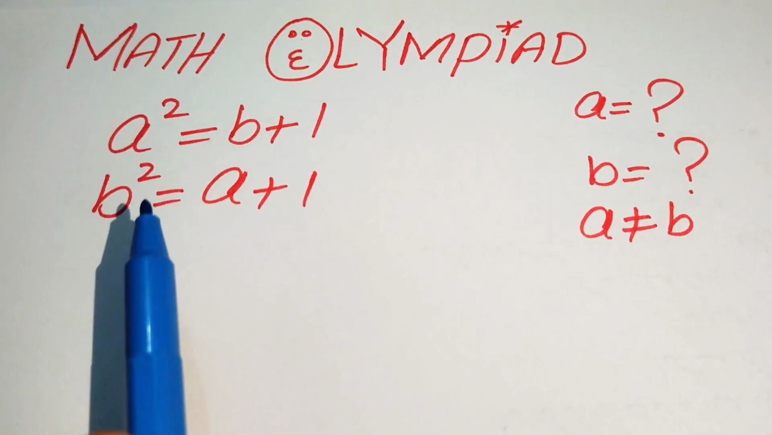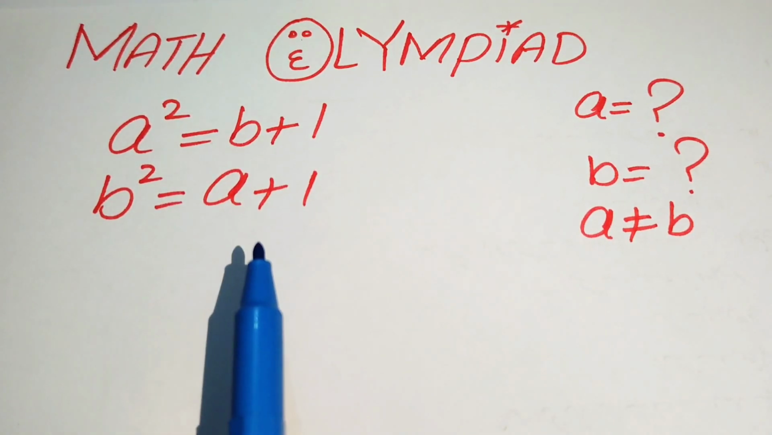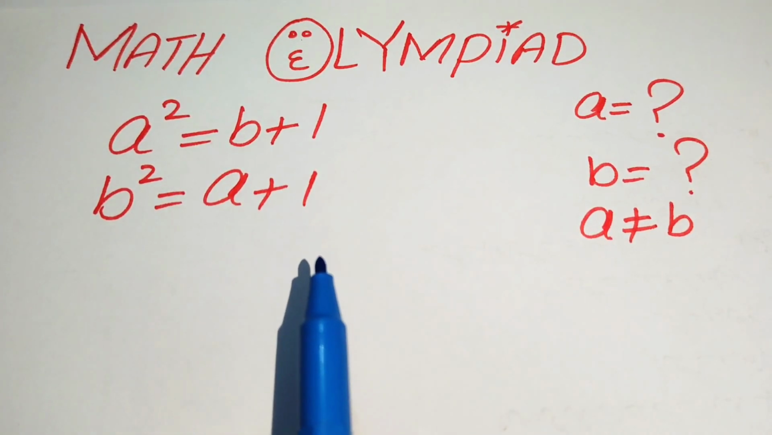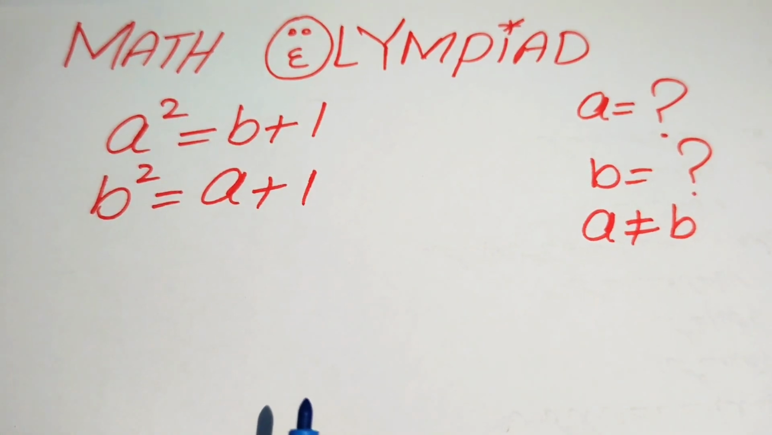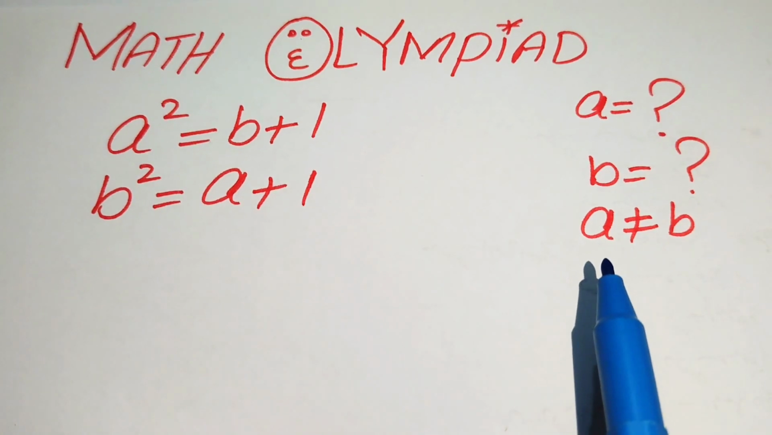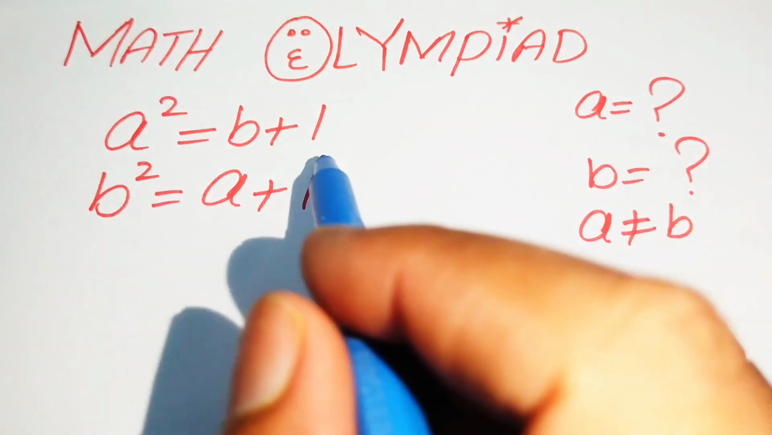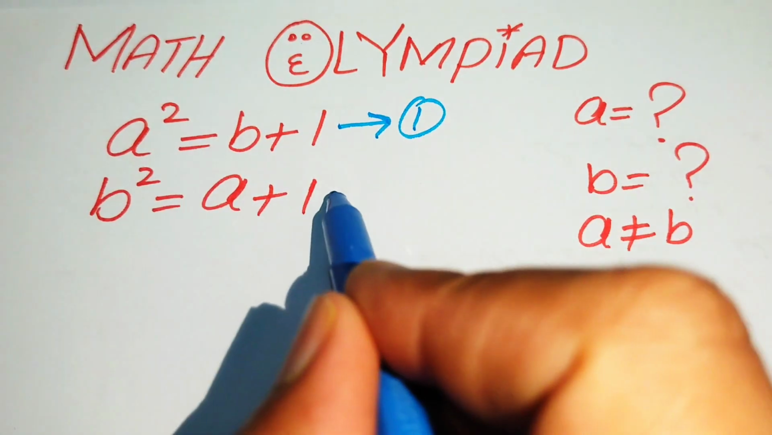Here we have a² = b + 1 and b² = a + 1, and we solve this problem for the values of a and b when a is not equal to b. So here we have one restriction on a and b: these are distinct numbers. First we call this equation number 1,